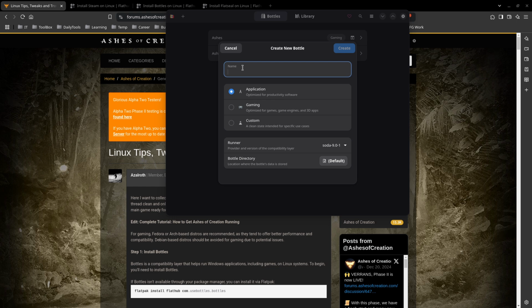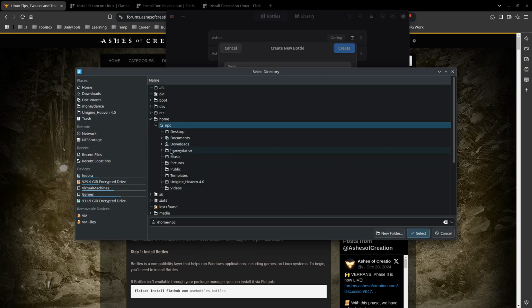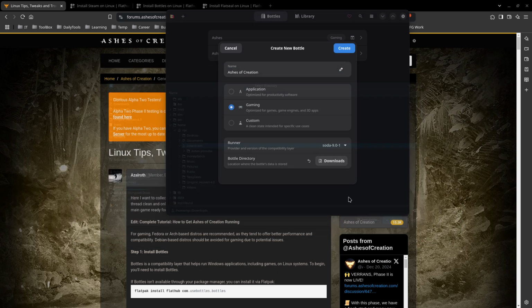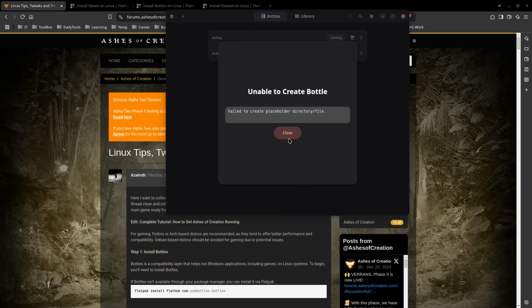So what you do is click on the plus here, you can name it Ashes Creation, make sure to select gaming, and then what helped me out was changing my bottle default directory. For now I'm just going to put it in downloads, but you can put it anywhere in your home folder or an external drive. But just to remove any permission issues or any other abnormalities, I'm just going to put it in downloads, as I don't want to create unnecessary